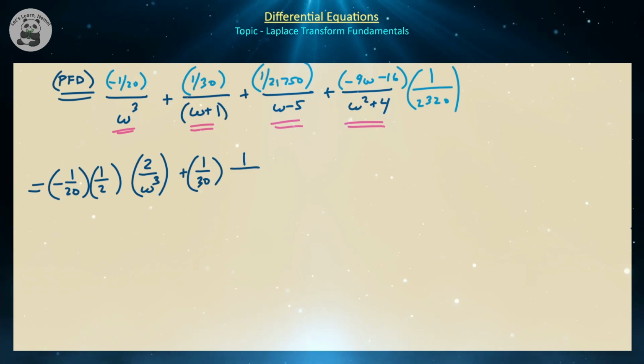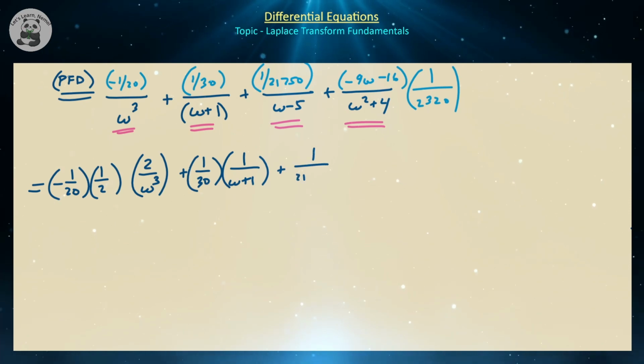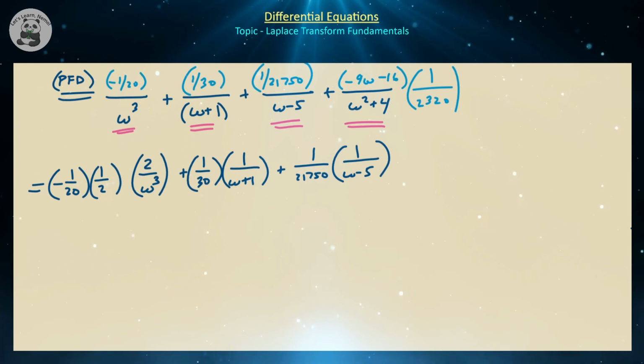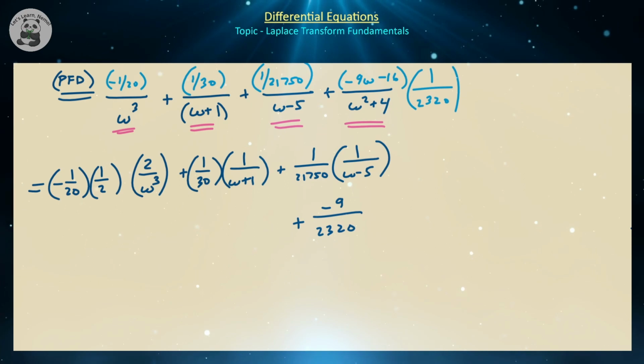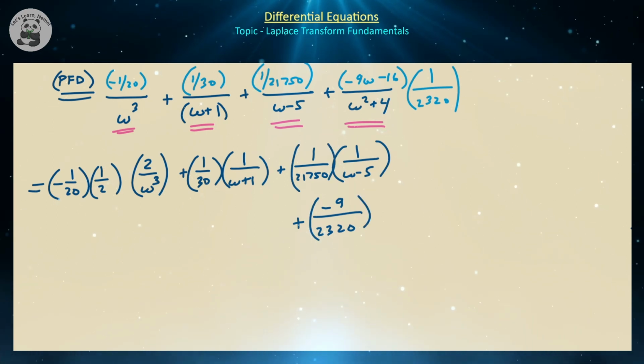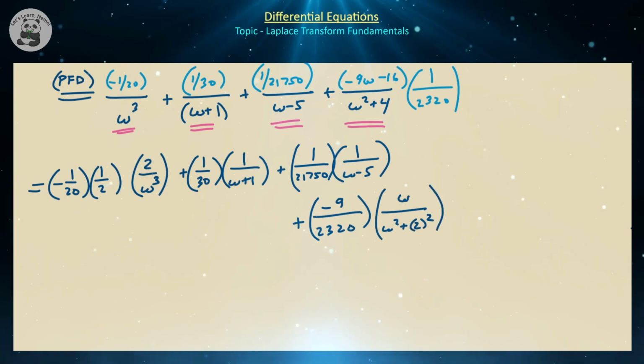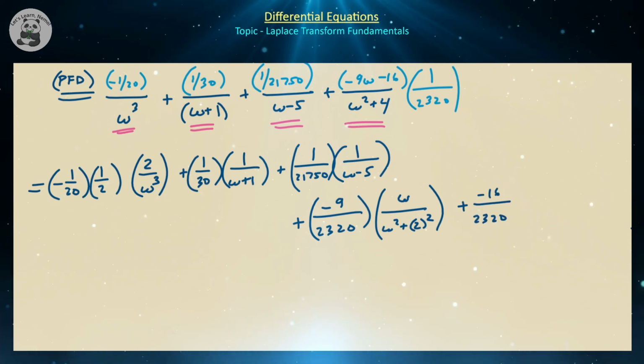Right, and over here, what I'm going to have is just 1 over 30 times, and I don't really need to do anything to this omega plus 1, because that's just a basic exponential function, right? So I'm just going to write that as 1 over omega plus 1, and then over here, this is just going to be 1 over 21,750 times 1 over omega minus 5, and I'm going to split this omega squared plus 4 up into two terms. I'm going to write it as, let's do minus 9 over 2320 times omega over omega squared plus 4, which is the same as 2 squared. And then over here we're going to have plus minus 16 all over 2320